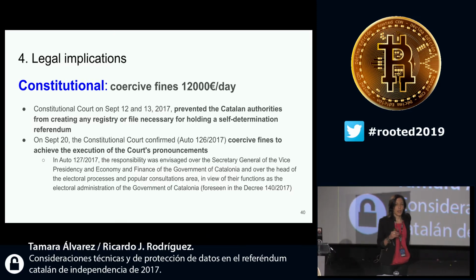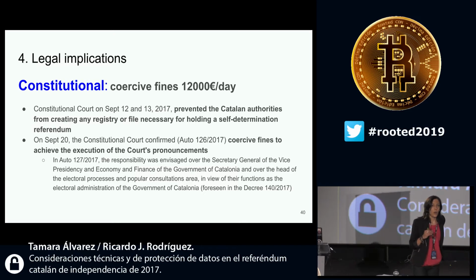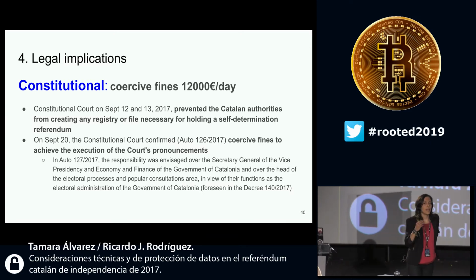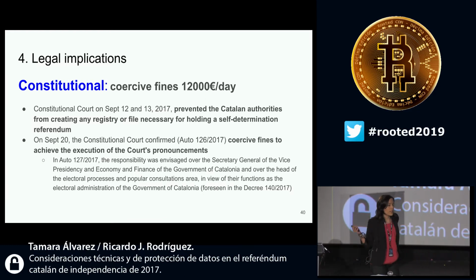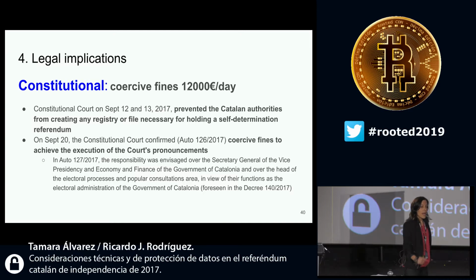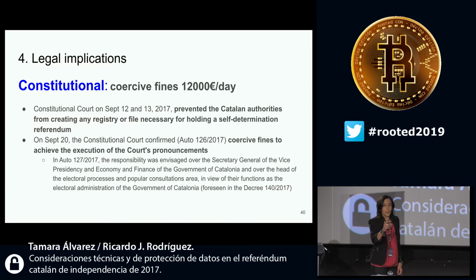We're talking about coercive fines of 12,000 euros per day, because this is an indirect responsibility for not paying attention to the rulings of the 12th of September and the writs derived from these rulings. But beyond this express order of not generating these files,